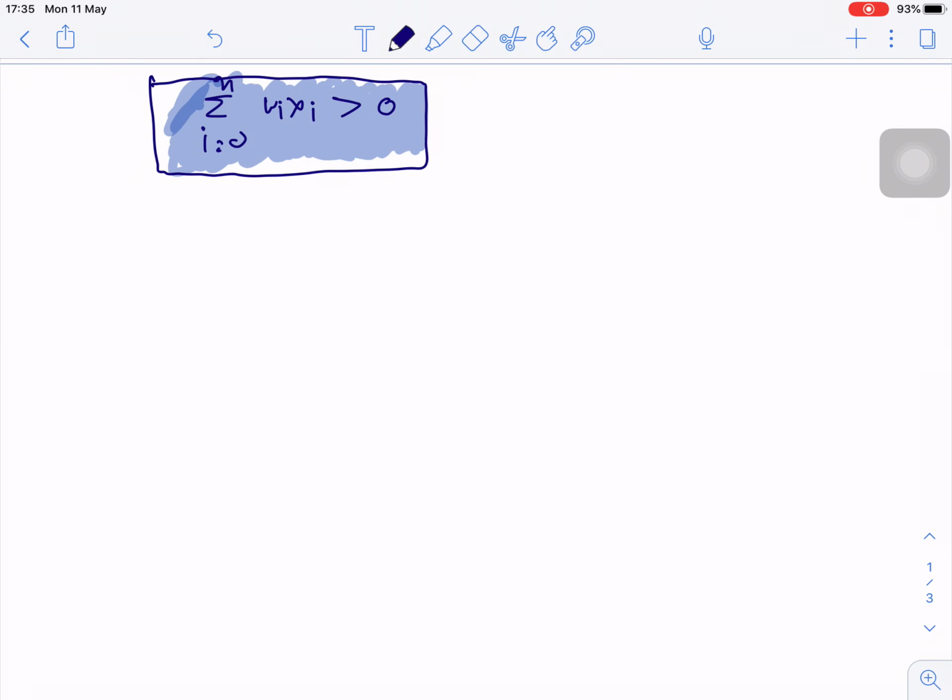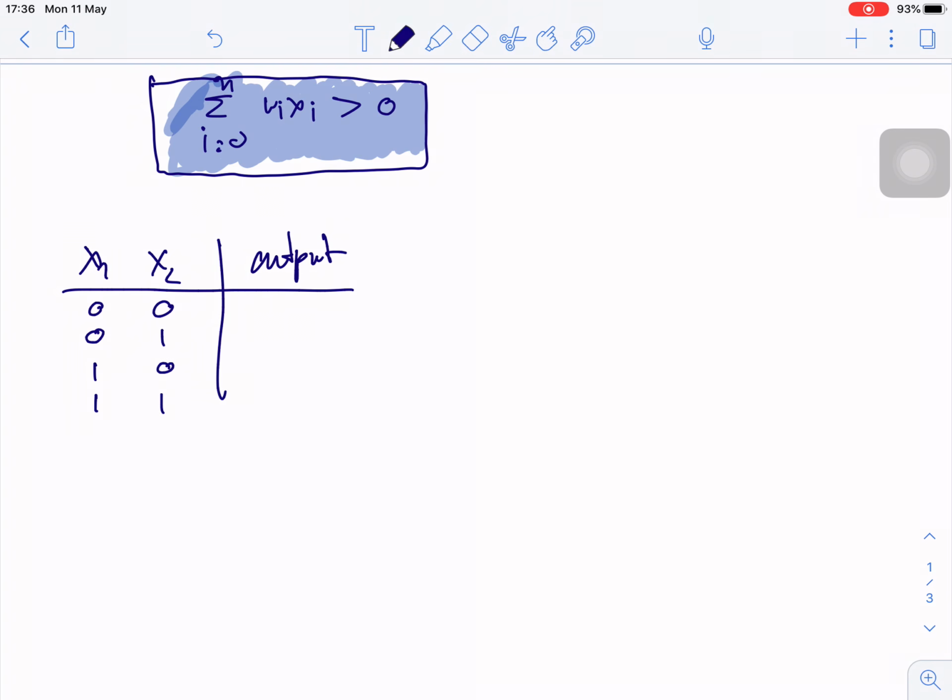Operation, we can use a simple perceptron to work for the AND operation. Guys, look at this. If we have x1 and x2 and we have the output like this, the AND operation will be, if true is 1 and false is 0. So x1 is 0, x2 0; x1 0, x2 1; x1 1, x2 0; x1 1, x2 1, and the output is negative, negative, negative, and positive,